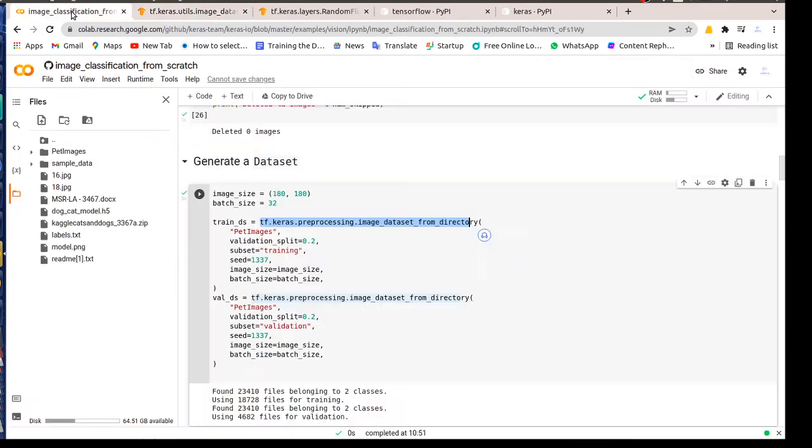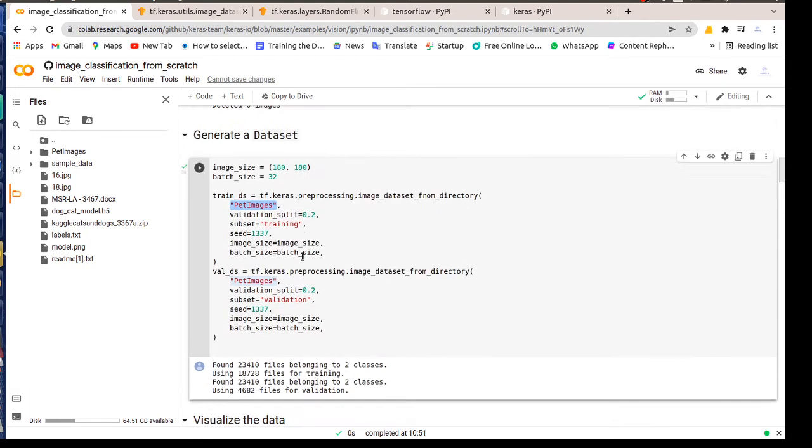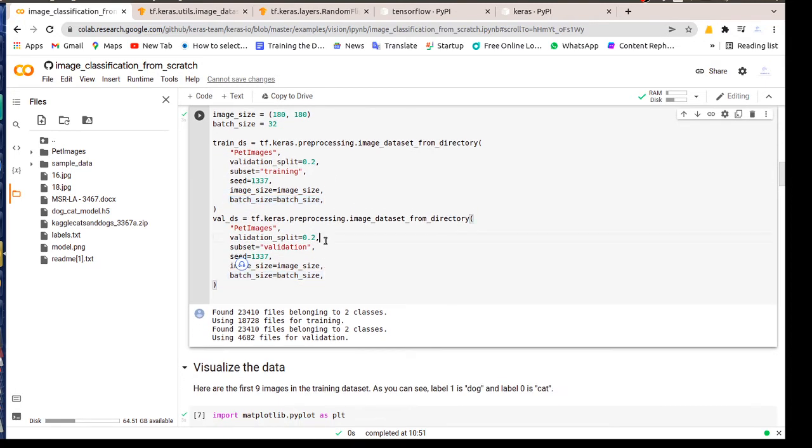Among these, we are splitting 20% for validation, and the images I am fetching are from the pet images folder. Now, I'm predefining the image size, and batch size is 32 in our case. In the same way I will create another list of arrays, which is val_ds for validation.